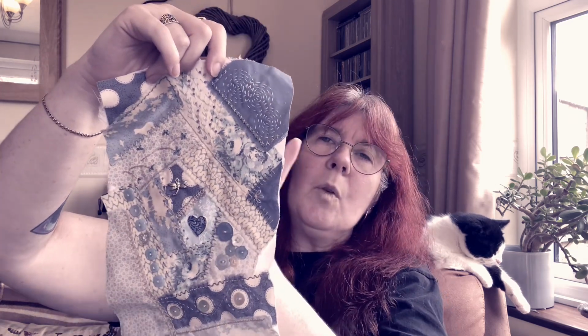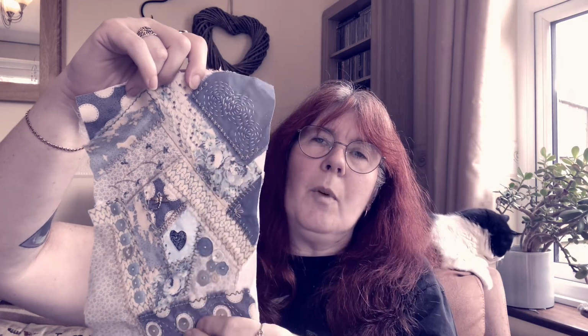Now I've done all the piecing. The idea is you piece all the fabrics. Traditionally they should be seamed. And I am planning to do a video on putting together a needle book using this technique. But yeah, they should be seamed, and the next one I'm going to show you is, but this one I've done